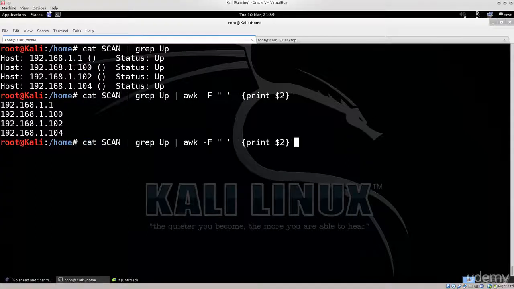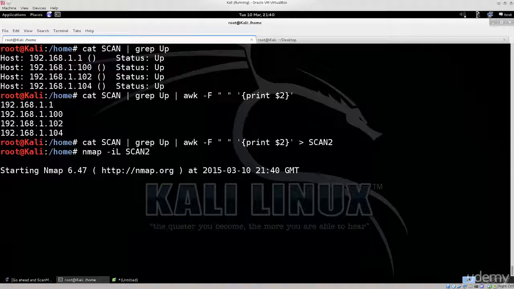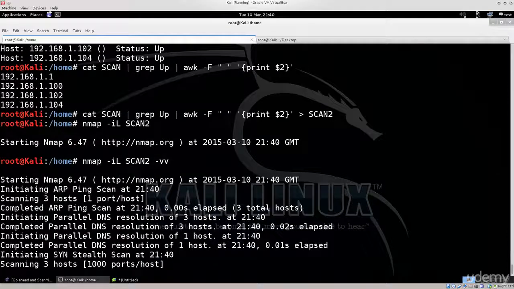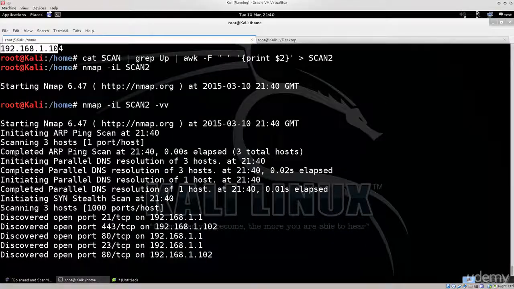Now what you can do with this is pass it to another file. It's called scan2, press enter, and then you can type in nmap -iL scan2. Then you can do a full nmap scan for just 4 hosts. This might take a bit of, oops, nope, I don't want to do it like that. Let me just give it a double verbosity mode. Excellent. So now you can do a full scan for just 4 hosts instead of doing it for all 255